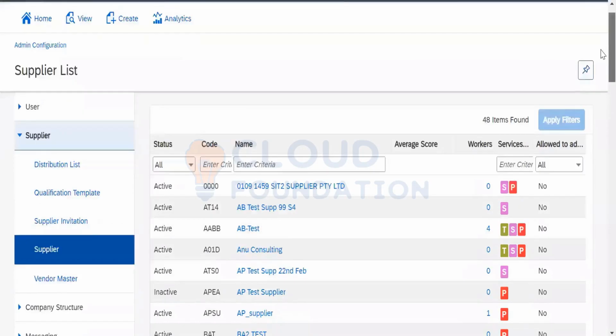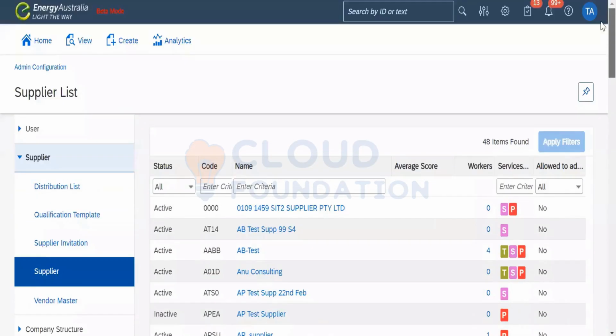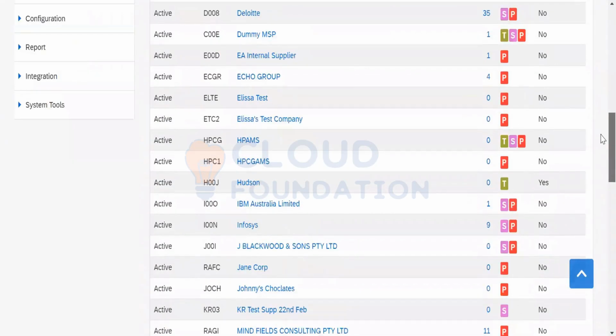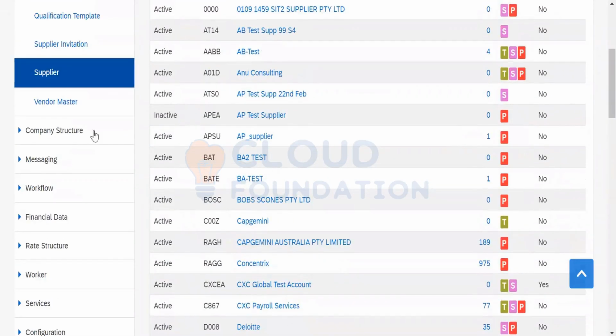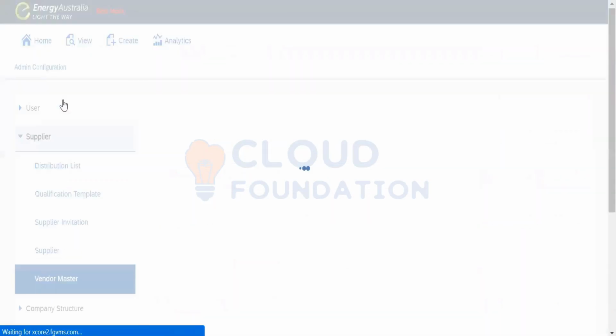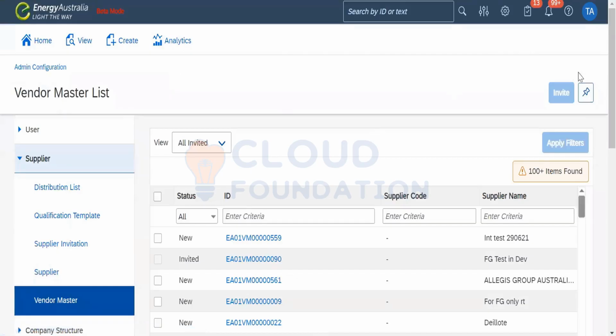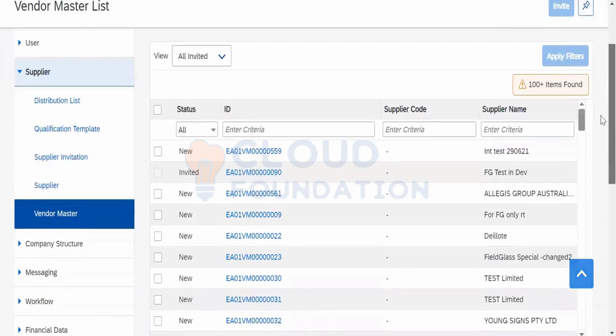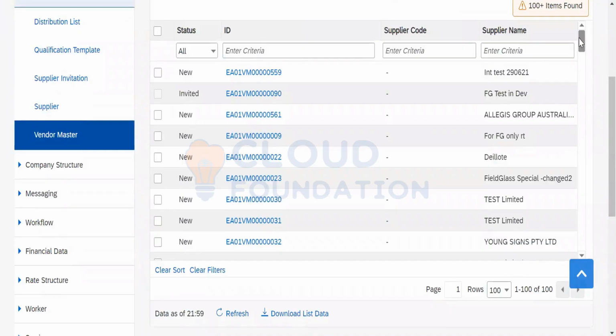That's the vendor master data and this is the list of suppliers. No doubt, it's just master data maintained within the system. Some companies do, some don't. It all depends upon the company's requirement.